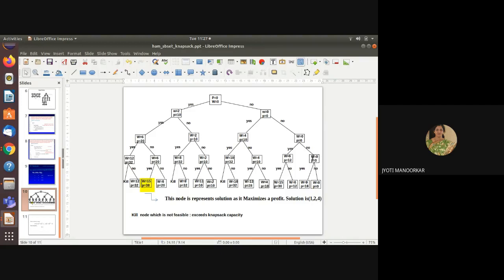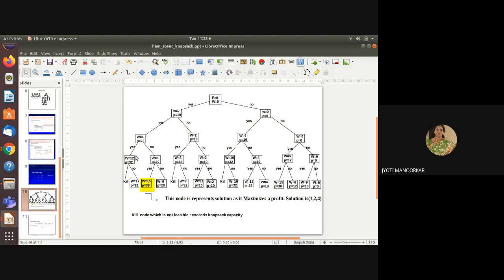Then for this portion, how are the calculations of W and P done, as we are dealing with the right child of the parent node? So the W and P will remain as they are. Okay. So the calculation of the third level, all children are over. Then come to the fourth level. At the fourth level, we are dealing with the first four elements: element 1, element 2, element 3 and element 4.